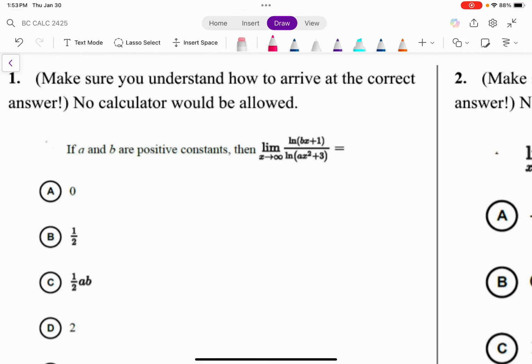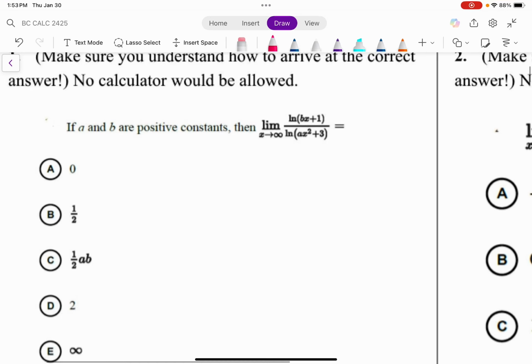All right, this problem says, if a and b are positive constants, then the limit as x goes to infinity of this expression is equal to what? It's tempting, and a lot of students are tempted, to pick answers like infinity. If you evaluate, no, again, you can't evaluate something at infinity, but let's just say we can, they say, well, that's infinity, and then,